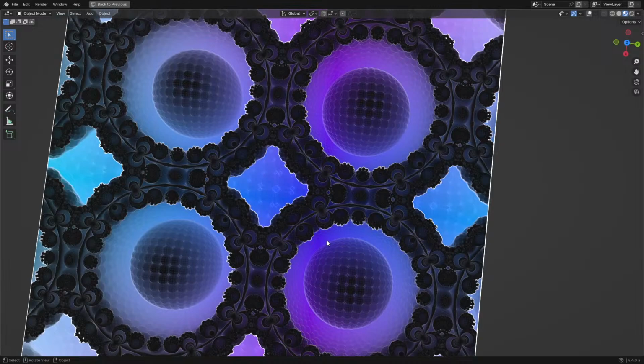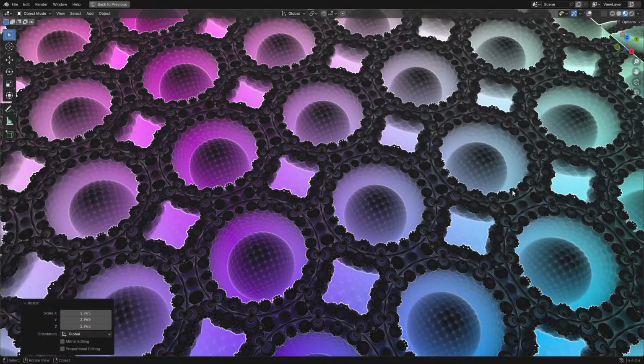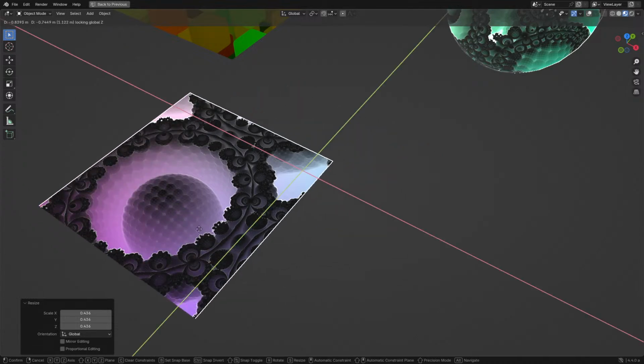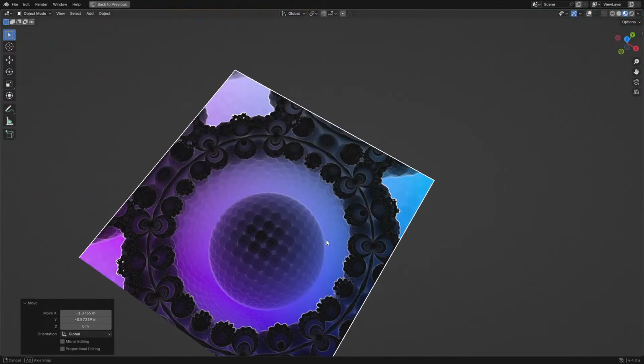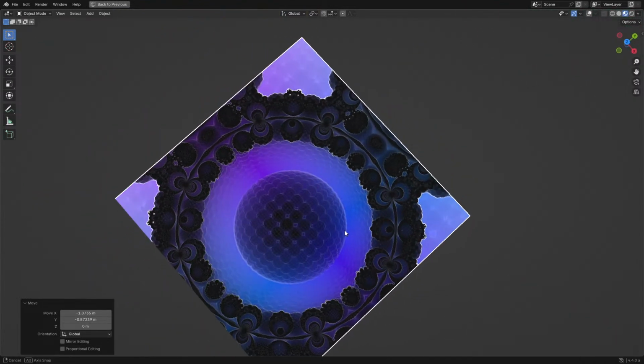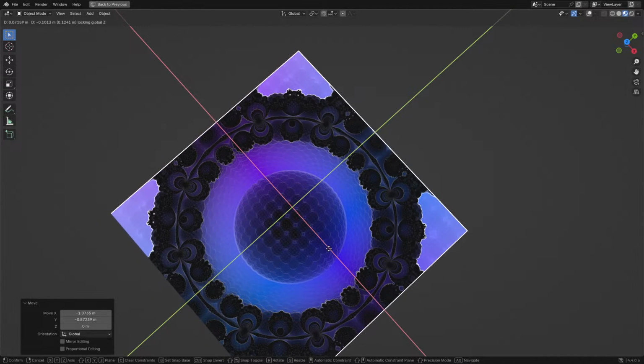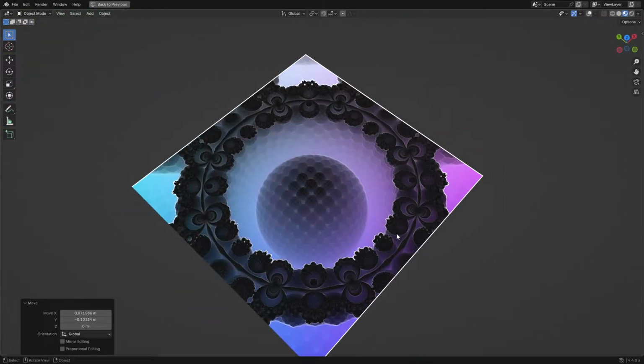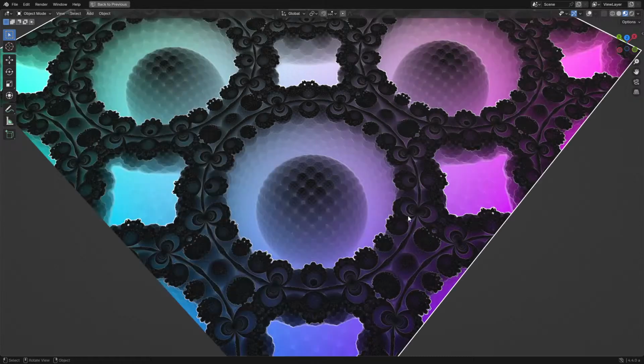I want a floor, or no, maybe, a floor that looks like this would be rather ugly. But maybe a painting, not a painting, but I want a hologram that looks like this. And actually, I have a Looking Glass. So I can go and render out a 3D version of this and then just have it in the Looking